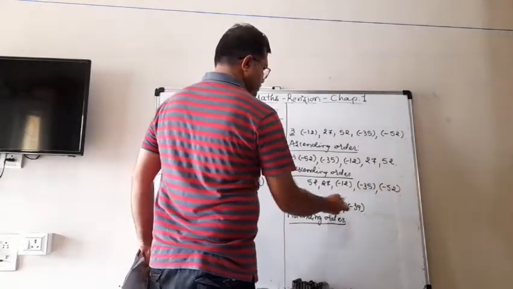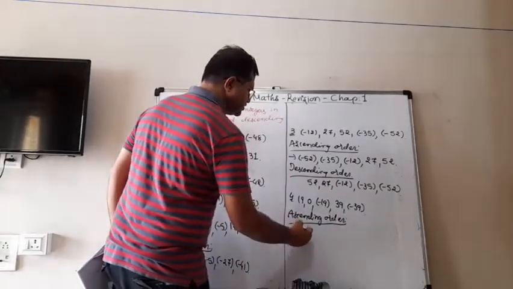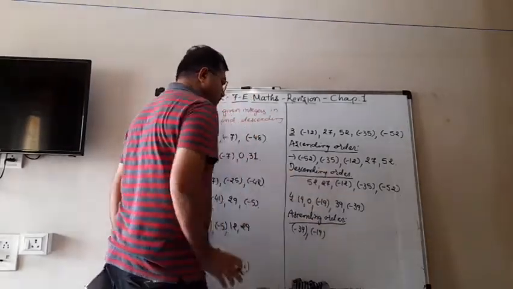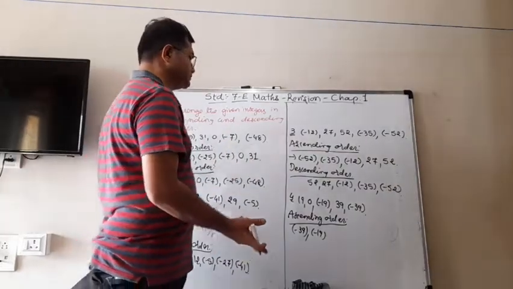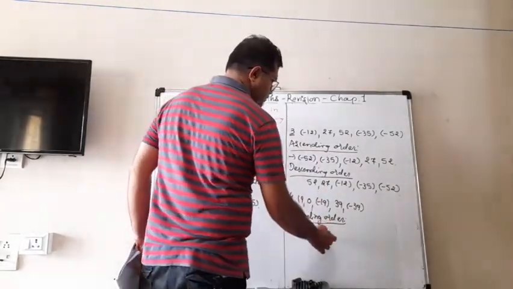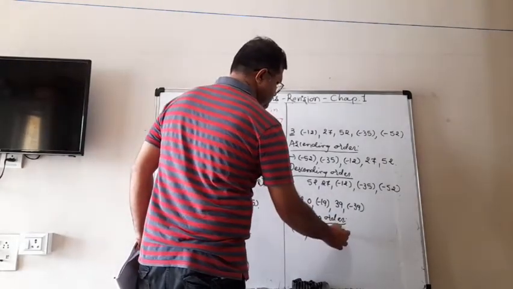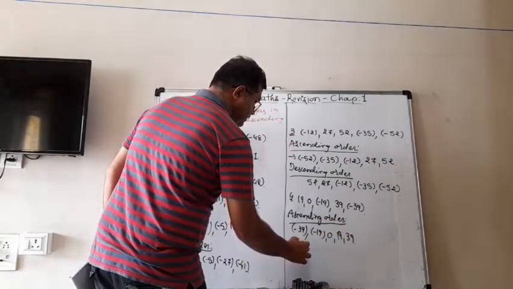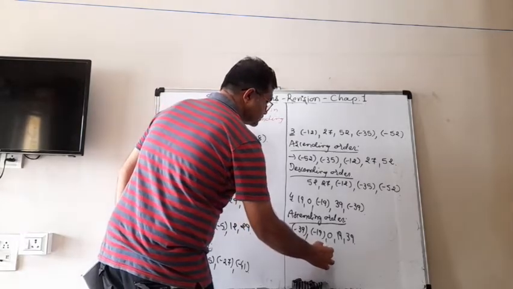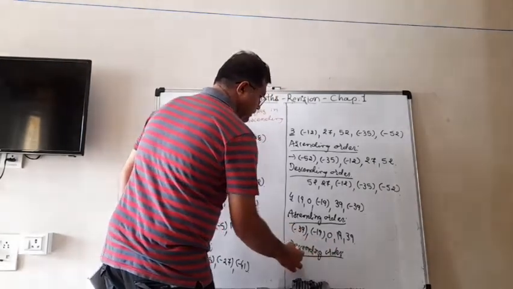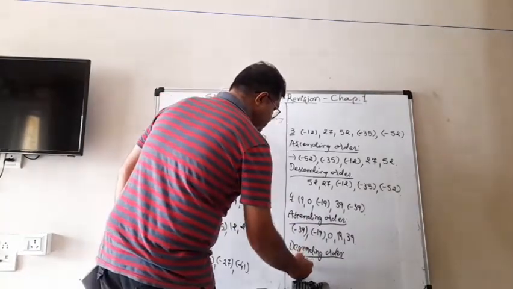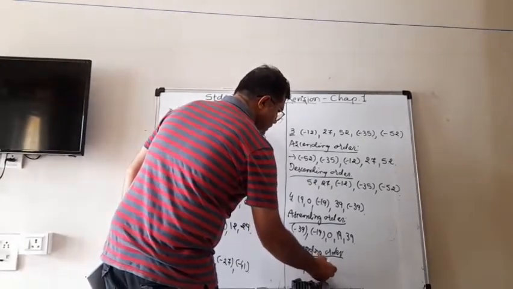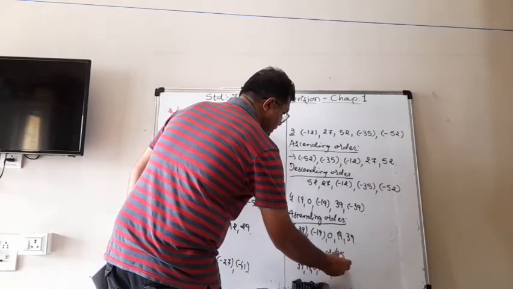So between these, minus 39 is the smallest one, then minus 19. So both negative numbers are gone. Now three numbers remain. Two are positive, the other is 0. So obviously 0 will be first, then 19 and 39. And in descending order, we just have to write the reverse order, which means 39, 19, 0, minus 19 and minus 39.